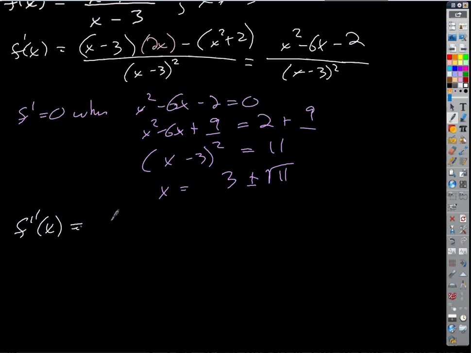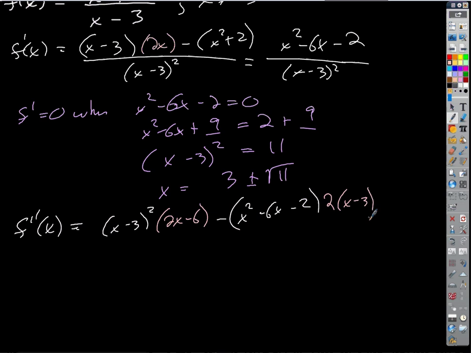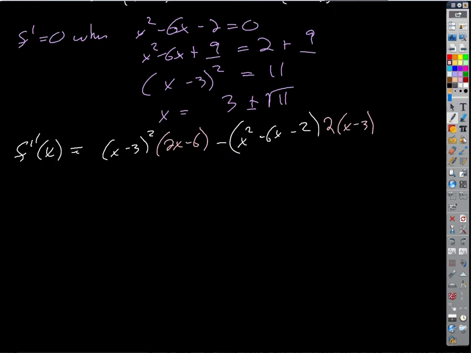So we get x minus 3 squared times d high, minus 2. Now d low. That's going to be 2 times x minus 3, all over